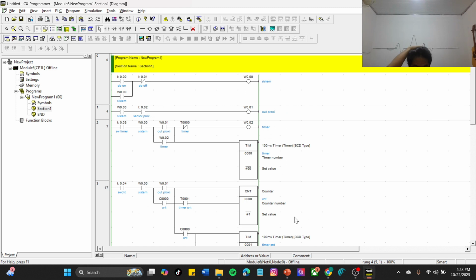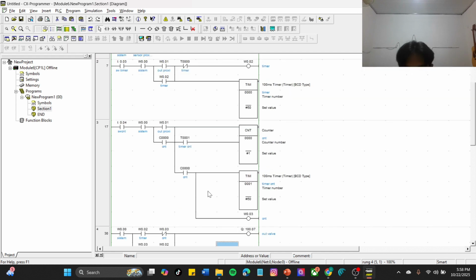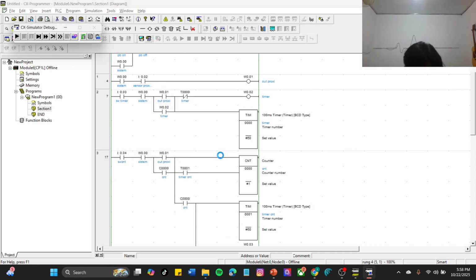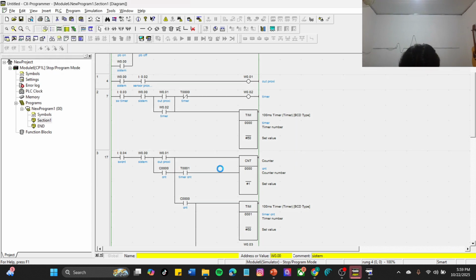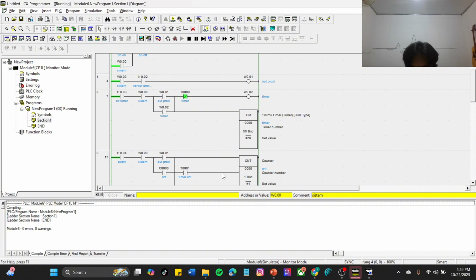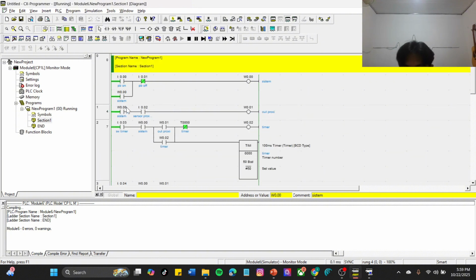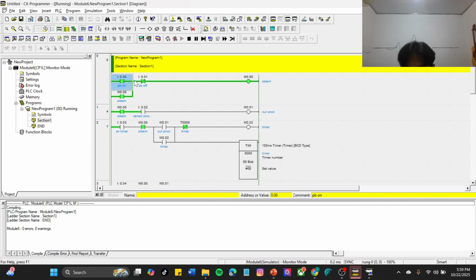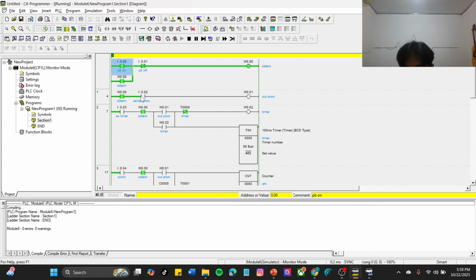And for the last step, we can start the simulation. If you click true, system on, and sensor proximity true, out proxy on.